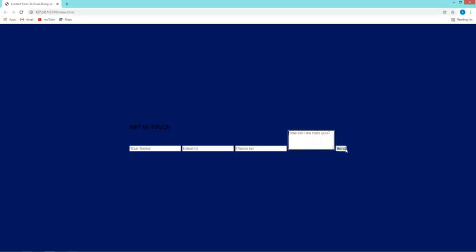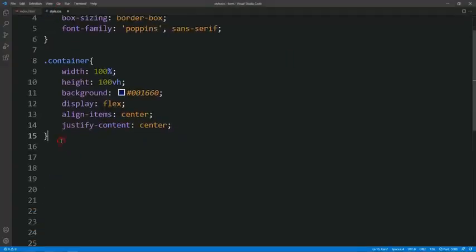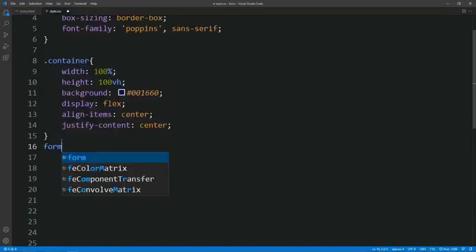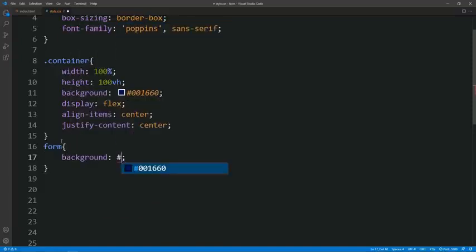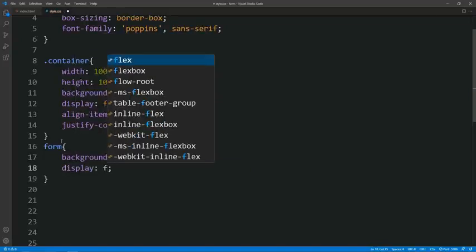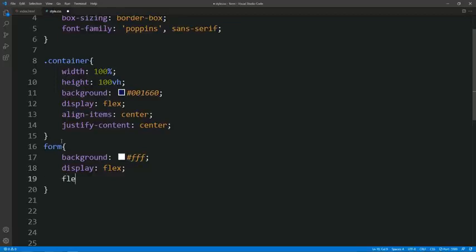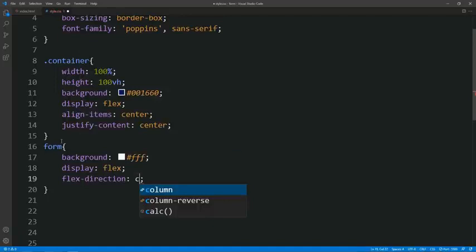Now we have to design this form, so we will use the CSS. So let's come to the CSS file, and here we will add the form tag. Now for this form, let's add the background. So the background will be white, and after that let's add a display. It will be flex, and flex direction will be column. Next we will add some padding,